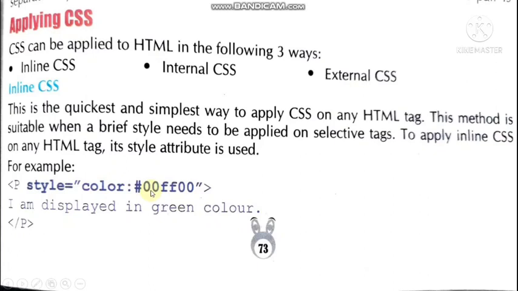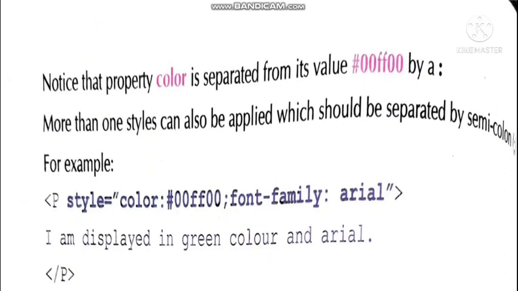I have already explained that every color is a combination of RGB. So here they have given R's value as 00, green's value as FF and blue's value as 00. So obviously it will be displayed in which color? Green color. And the rest of the things are the same. We know that whenever the value of an attribute is too big, it has to be enclosed within double quotation marks. So they have done this. Next is they have explained it. Listen.